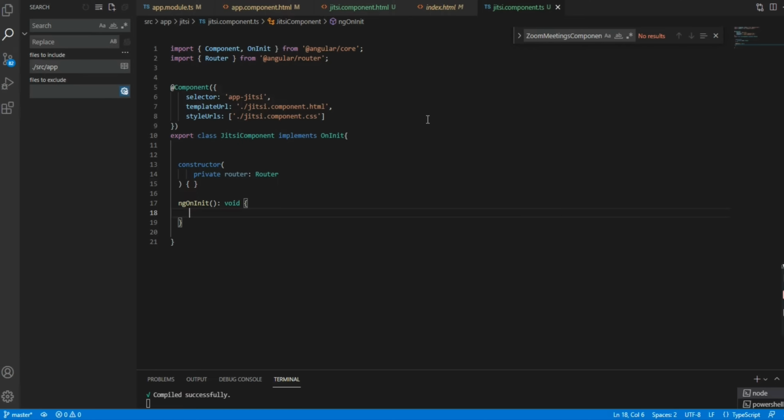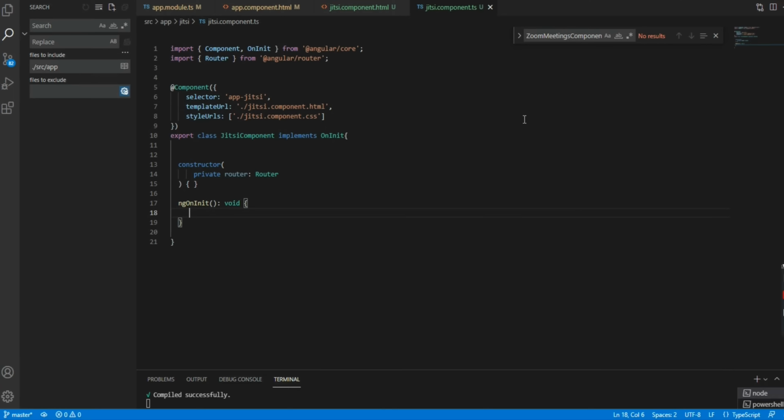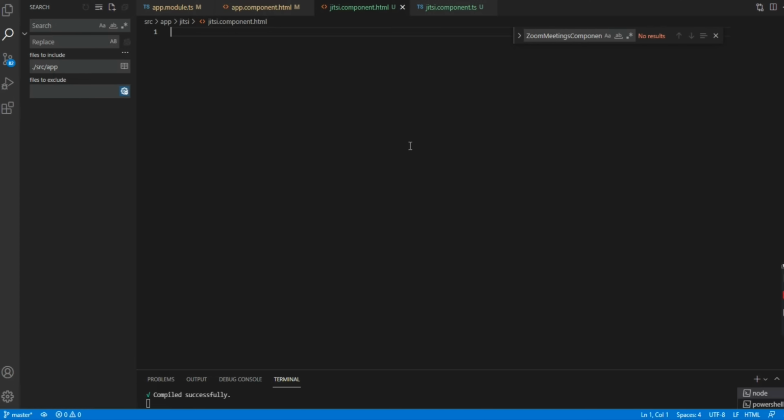By the way, there is no need of installing any other plugins, and no need of creating a node application or running a node application simultaneously, because I have created this in my local and it is running successfully. And after including this src file, you need to come to the HTML page.